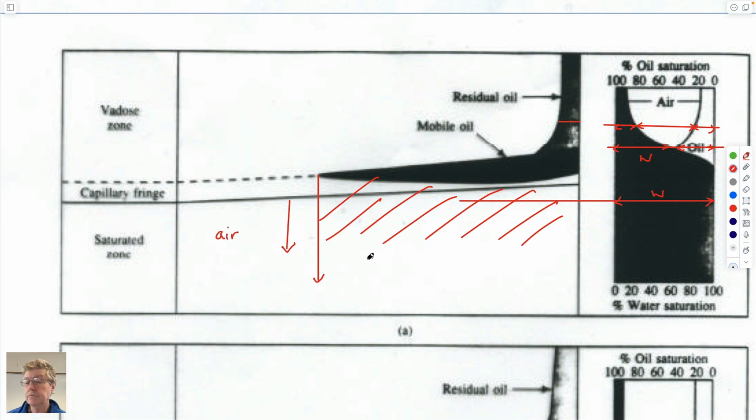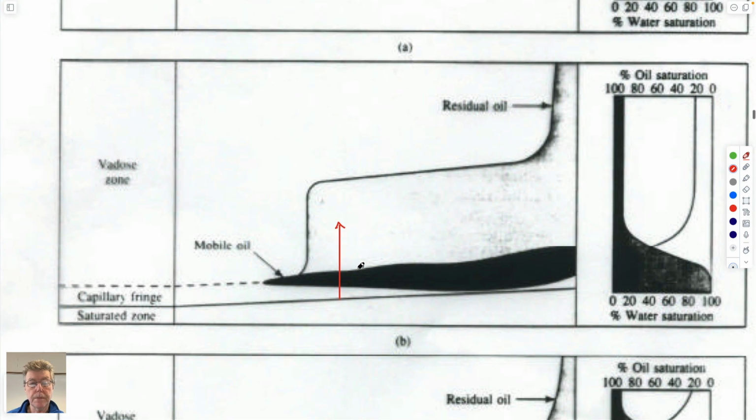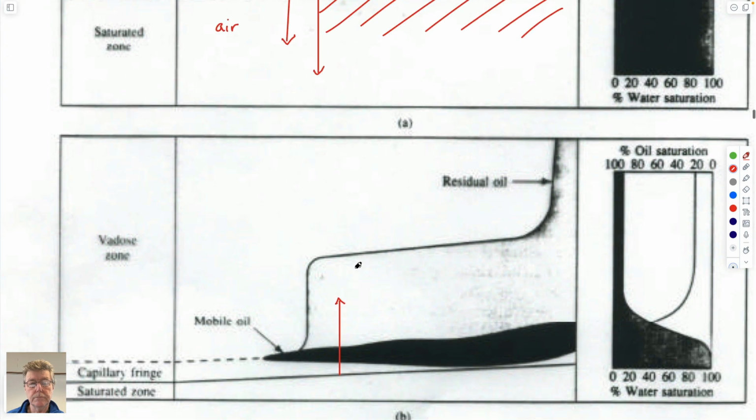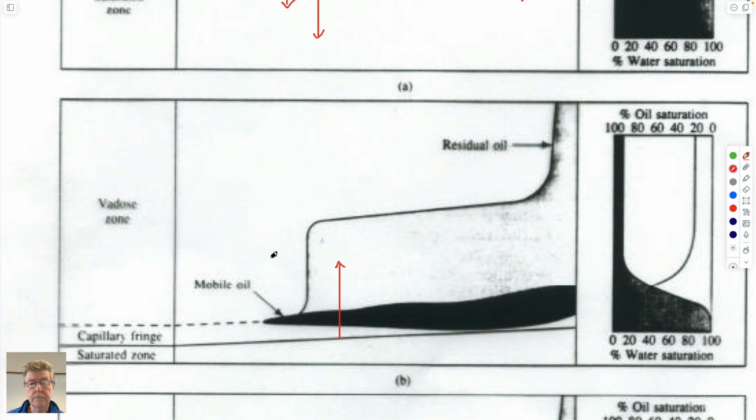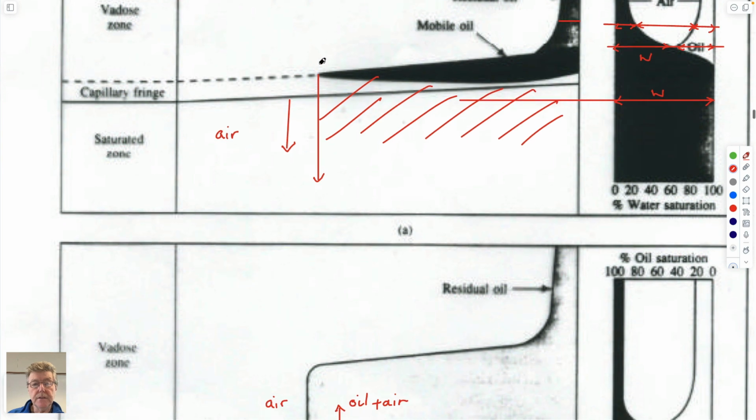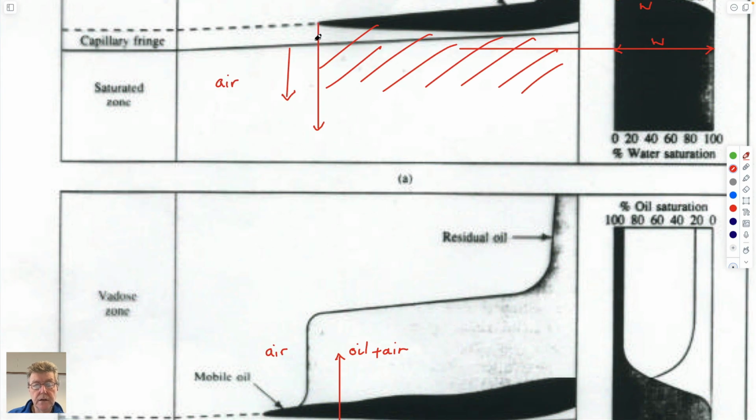Yeah, because I think on the second graph there, as the water table drops, you see how you have oil saturation, but you also have some air. So this would be air, and this would be oil plus air. I guess there is air in here. Yeah, but if you draw a direct line down from here, this is also showing the location of that, but the tongue is spread out more on the surface because it's flowing down gradient. The reason I was asking that was because on the third graph,